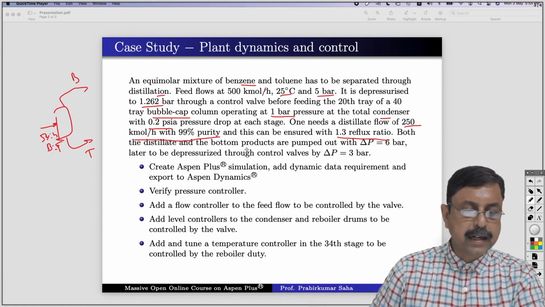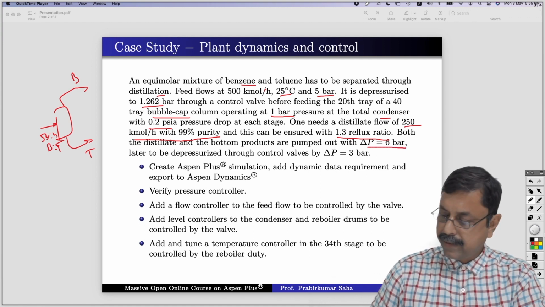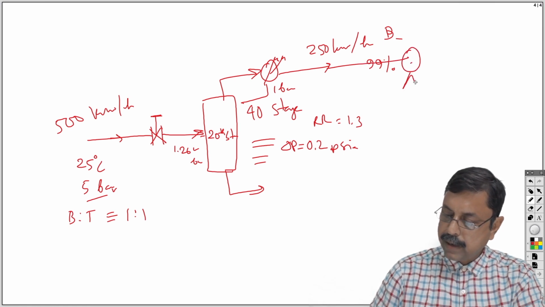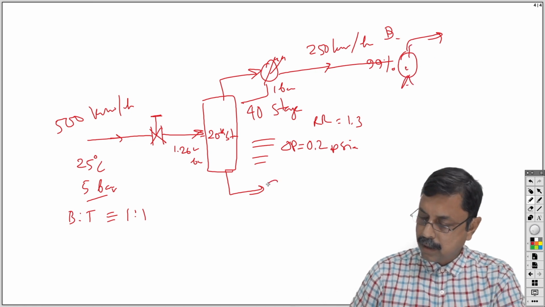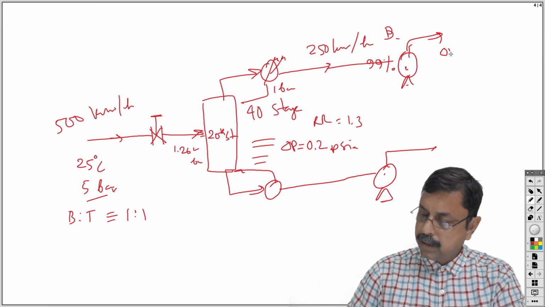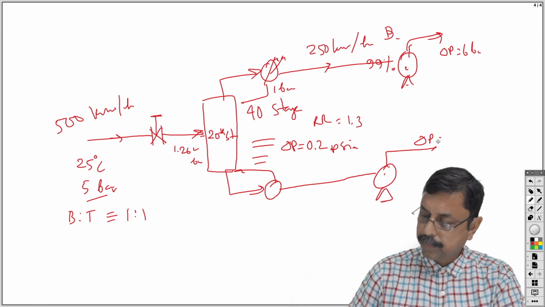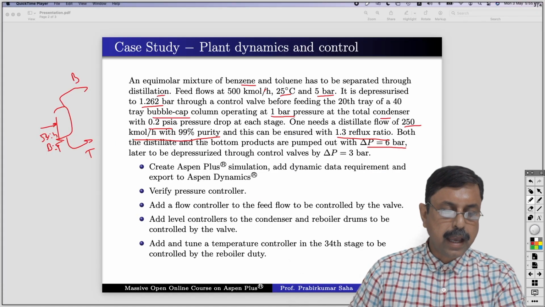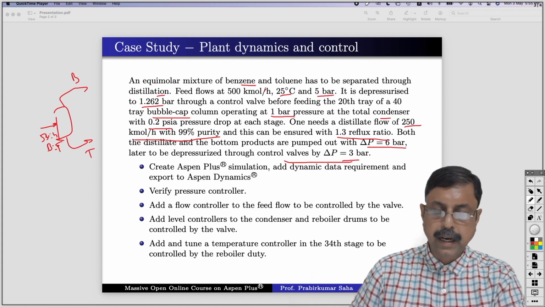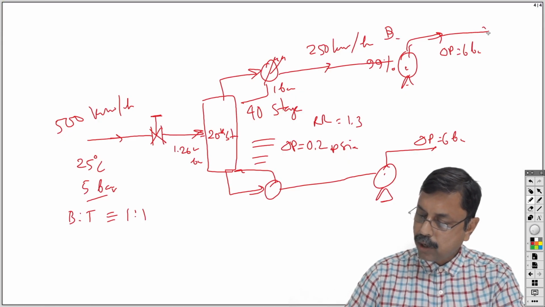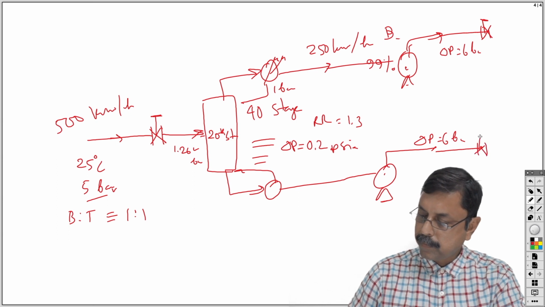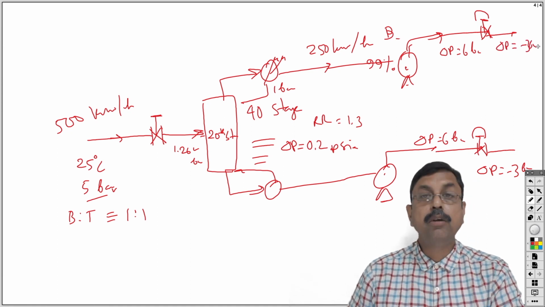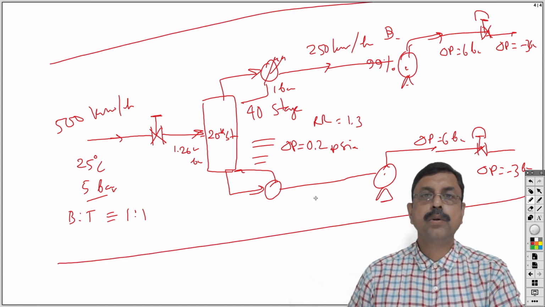Then both the distillate and bottom products are pumped out with delta P of 6 bar. That means we will have a pump over here, and so here the delta P will be 6 bar, both ends, and later to be depressurized through control valves by delta P of 3 bar. So we will have a control valve over here, where the delta P will be 3 bar. Okay, there will be reduction of pressure over there. So this is the total process flow diagram,